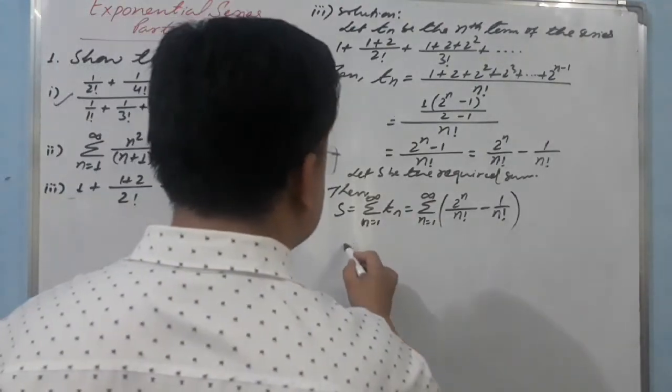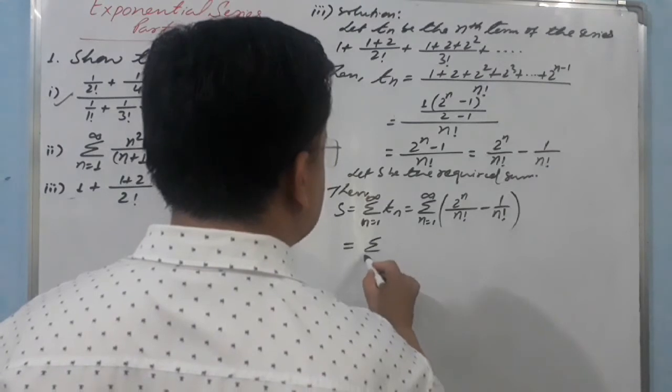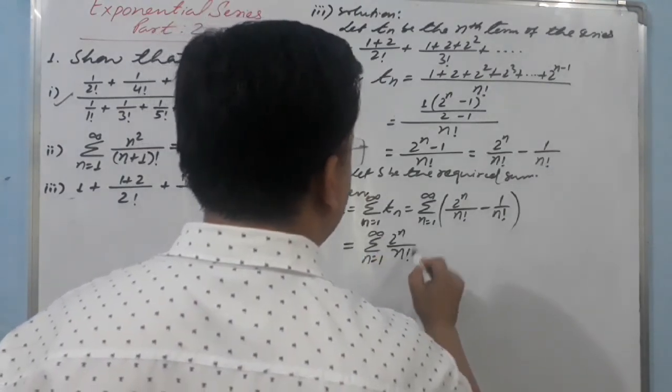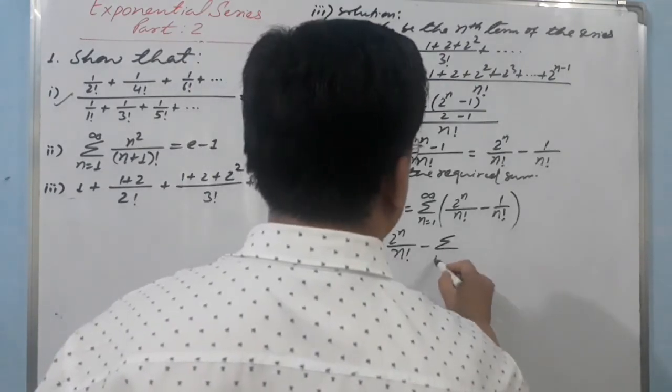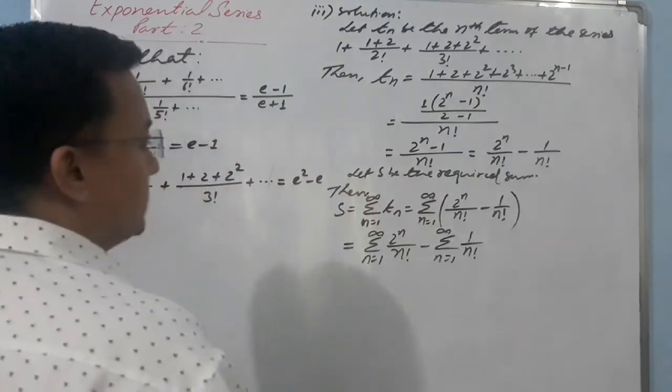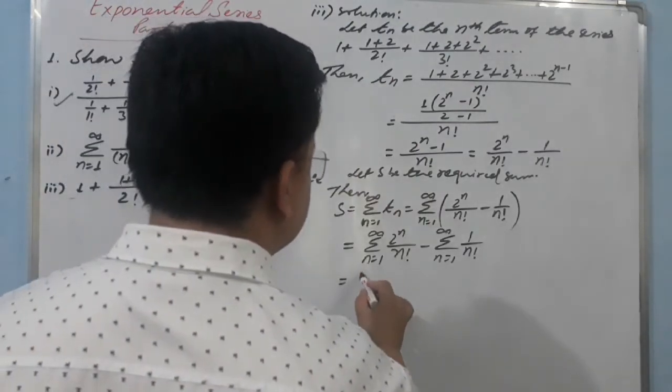Now let's write separately: sigma n equals 1 to infinity of 2 raised to power n over n factorial, minus sigma n equals 1 to infinity of 1 upon n factorial, is equal to,